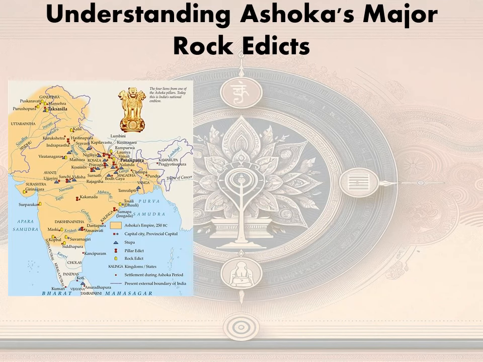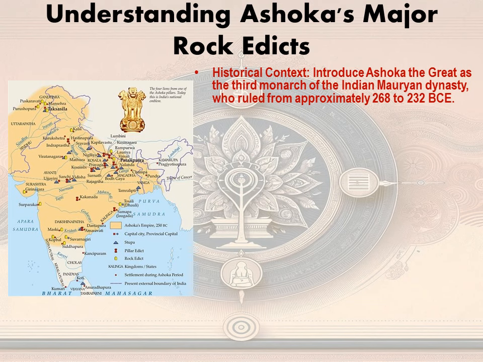Understanding Ashok's major rock edicts. Introduce Ashok the Great as the third monarch of the Indian Mauryan dynasty who ruled from approximately 268 to 232 BC. So Emperor Ashok was the third great monarch of the Mauryan dynasty and he ruled from 268 to 232 BC. If you have gone through my last videos on the Mauryan series, you will know details about